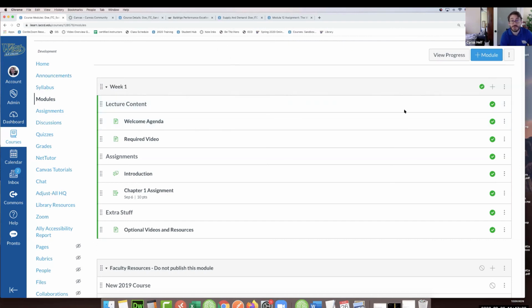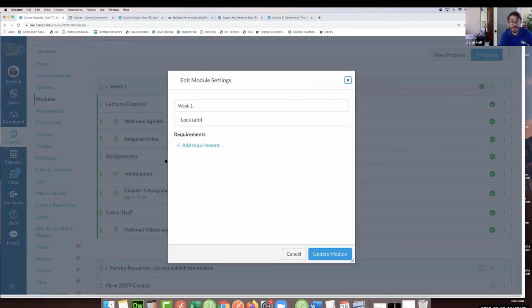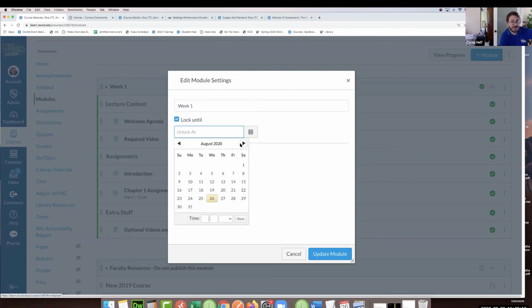Or what you can do is on the right-hand side, you have those 3 dots, and the ones I'm talking about are the ones that are next to the title of the module. Not the ones next to the items here, next to the title. If you click on those, that's going to open up a whole new world of options when it comes to these modules. You can click on edit, and then you're going to get this page where you can lock until. If you check that box, you can pick a date when you want this to